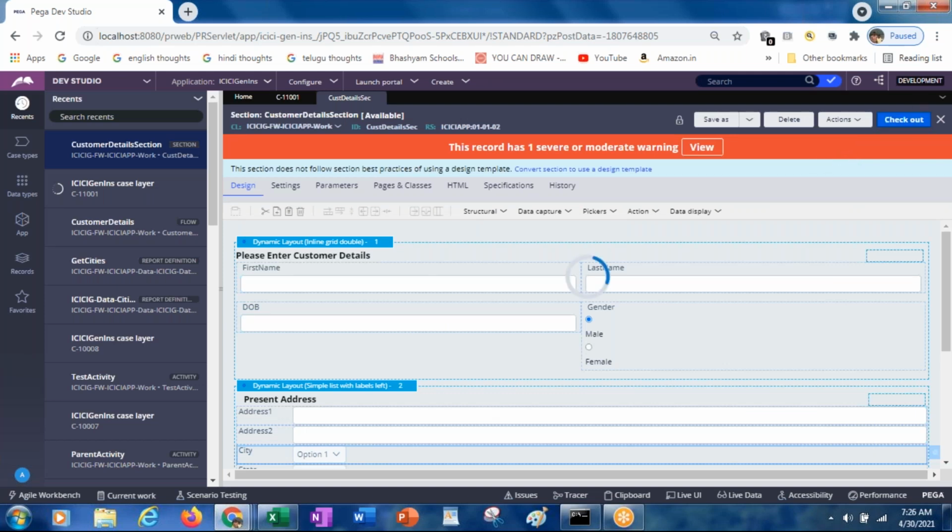Check out this one, and save it. Now if you run the flow, it should populate the cities coming from this. Now go to the flow.